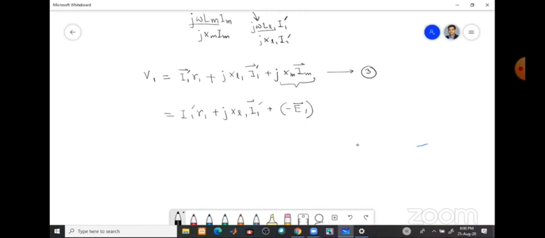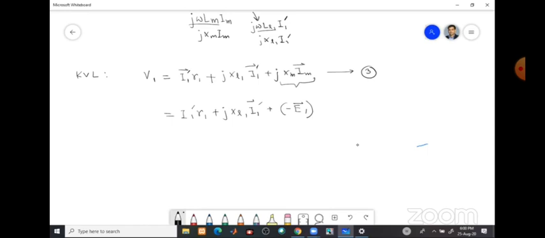Okay, so let me draw this circuit, then you'll understand it in a better way. This is the KVL equation. We can call it the Kirchhoff's voltage law equation, because all the components in this equation have the units of volts. So this is basically a voltage equation, and we call it KVL equation. The other two equations we wrote at first are Kirchhoff's current law equations, or current equations.